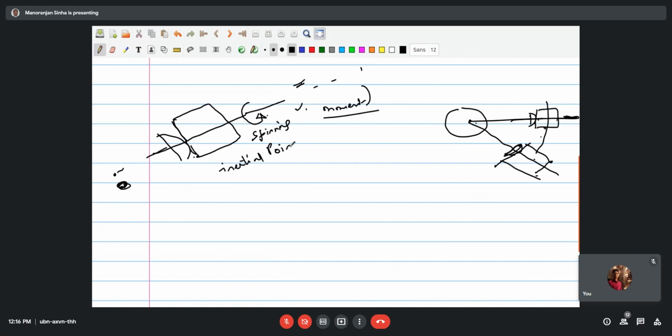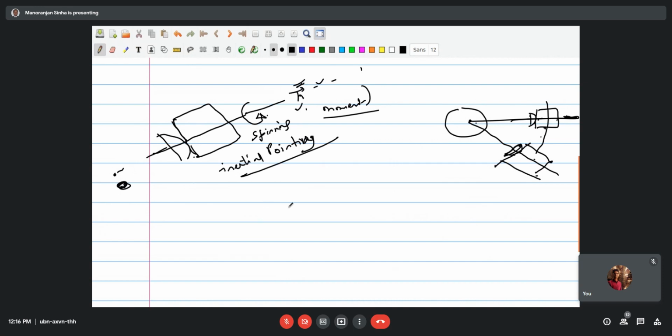Inertial pointing may be like you are viewing a certain star, doing some optical measurements. At that time, this is okay. Here in this case, unless you apply a certain external torque, each vector will maintain its same direction. And if there is any little disturbance, that can be compensated using the onboard controller.